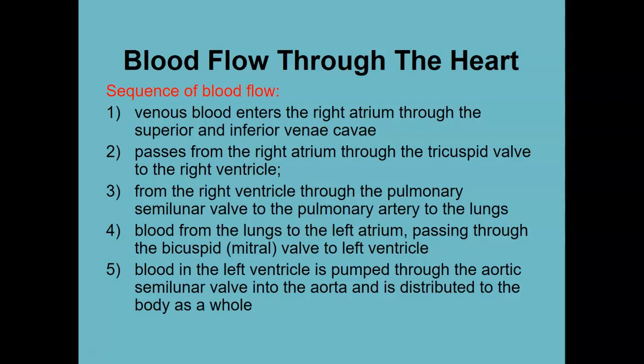There's not like a gate saying this group's going to the right lung, this group's going to the left. Blood circulates through the lungs. CO2 leaves. Oxygen hops on the heme groups of the red blood cell. Blood then goes from the lungs into the left atrium, passing through the mitral valve, down to the left ventricle, where the left ventricle contracts, undergoes systole, and pushes blood out the aortic semilunar valve to the aorta,